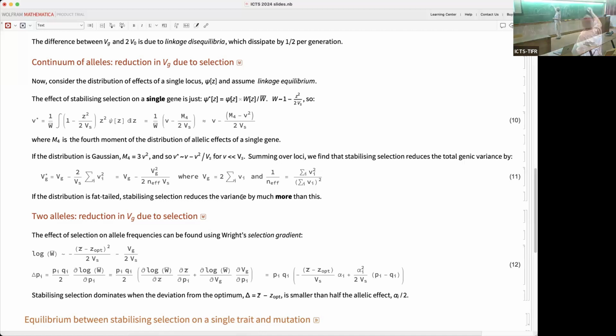Well, we have Vg is equal to twice the sum of Vi after selection, which is equal to twice the sum of Vi minus, is it the factors of 2, over Vs, yeah. Okay. And then we say, well, this sum is just Vg. So then we've got to